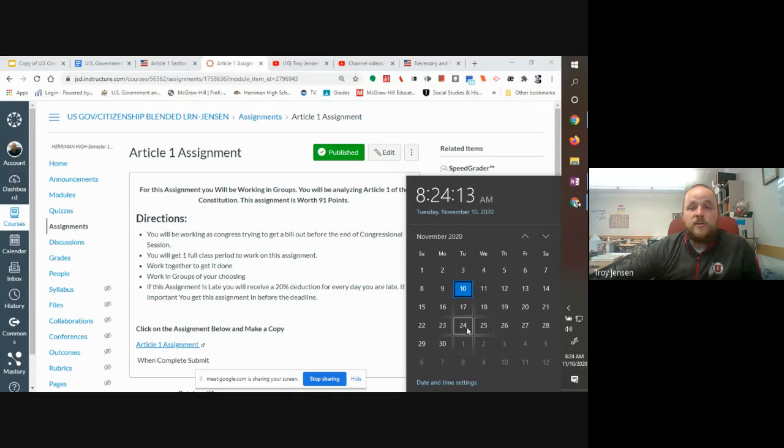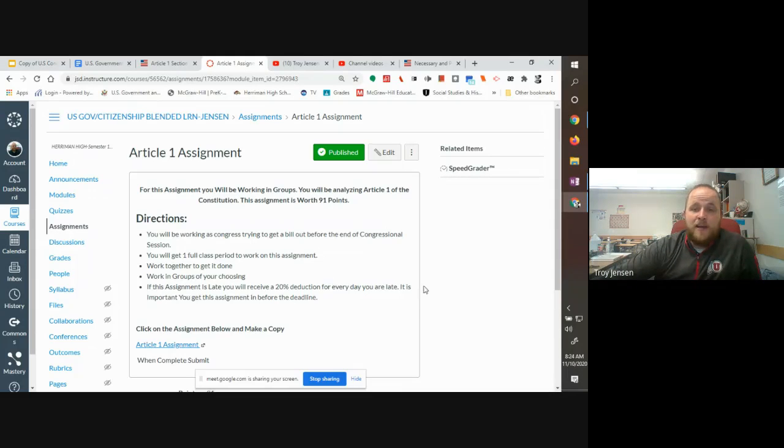The date for the congressional session to end is November 24th. That is the day before we leave for break. So you need to have this assignment done the 24th at midnight, okay? That is when congressional session ends. So you need to have this big assignment done before then, okay? If you don't,